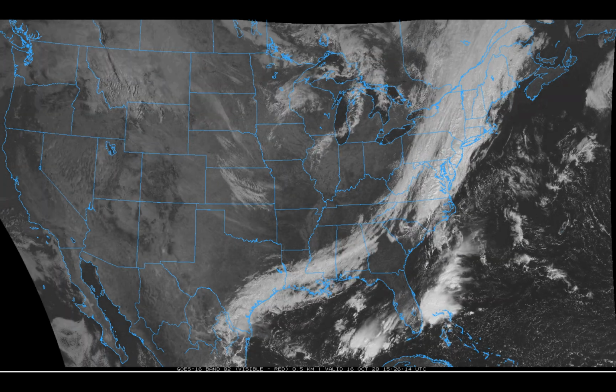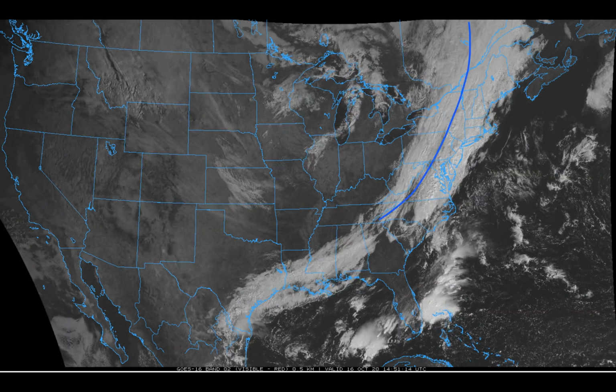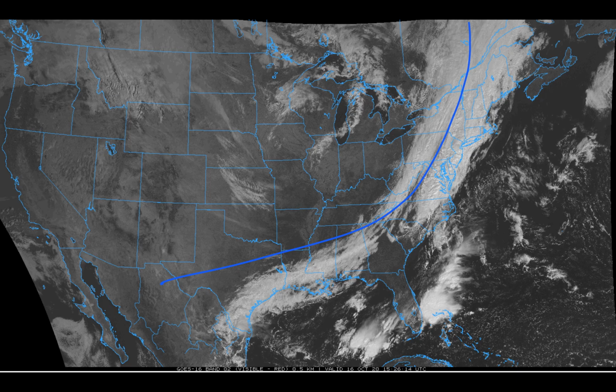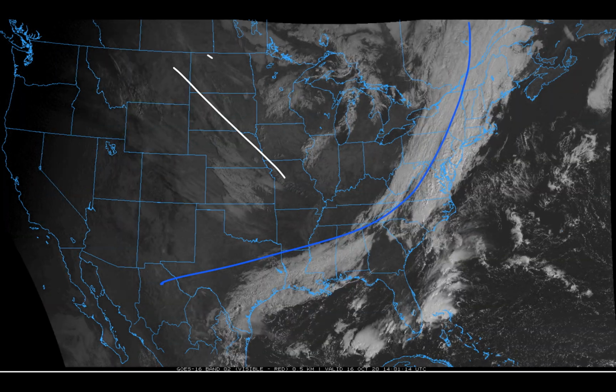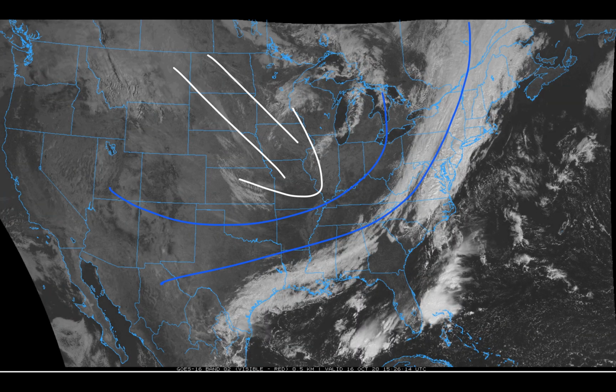Well, happy Friday. I'm going to hit you with the satellite picture here to get started. We've got a front making its way from the northeast all the way into the southern plains, a cold front. You can see the clouds accompanying that. You can also see the quick northwest to southeast flow on the backside, ushering in much cooler and drier air